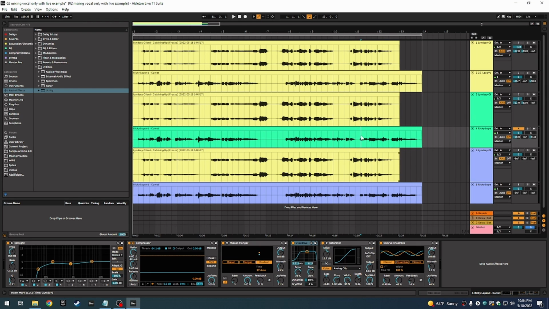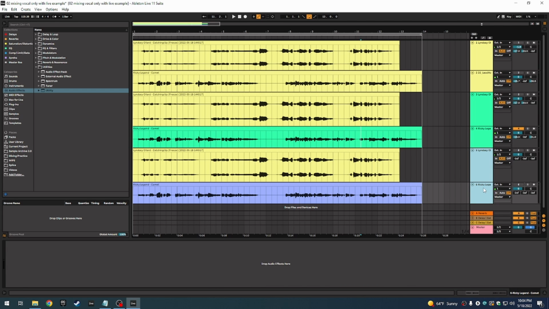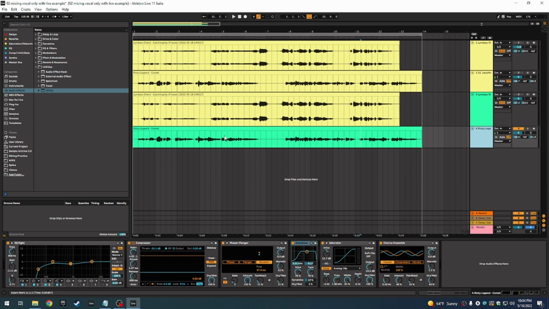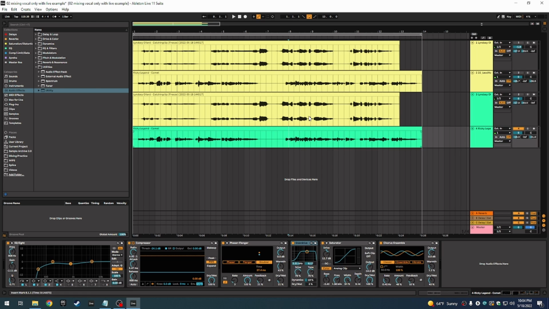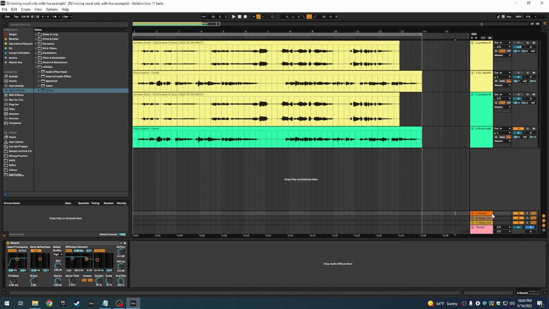And instead of moving everything down, I'm actually just going to delete these last two and just work off these because I'm not going to change anything on the tracks themselves, just the send tracks. So let's take,